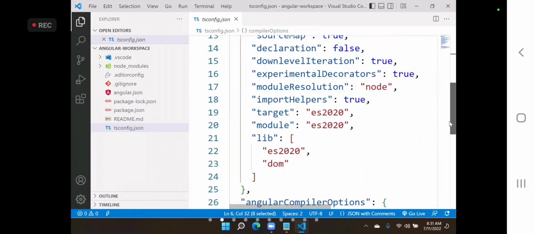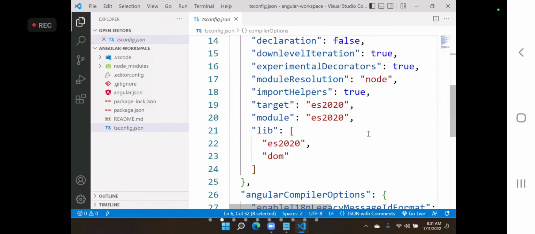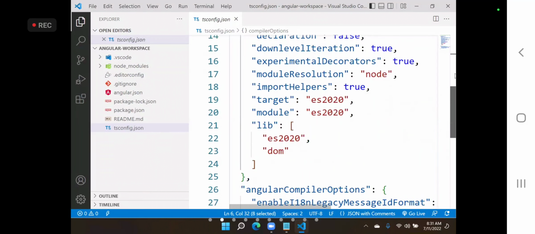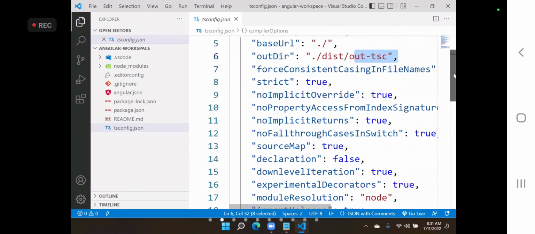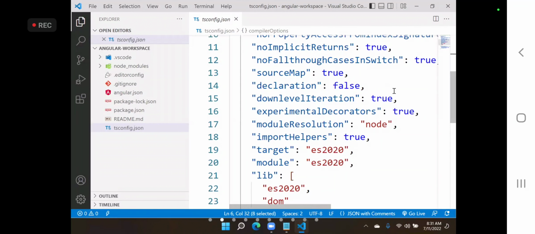And it has a lot of other settings. Target is ES2020. That means the latest 2020 JavaScript it will be. I showed you 2018, 2017 earlier. It is not finished. When you add a project, some more details will be updated into these files, right?